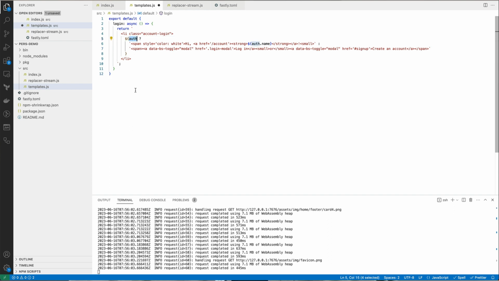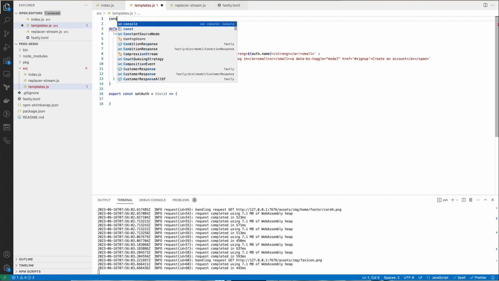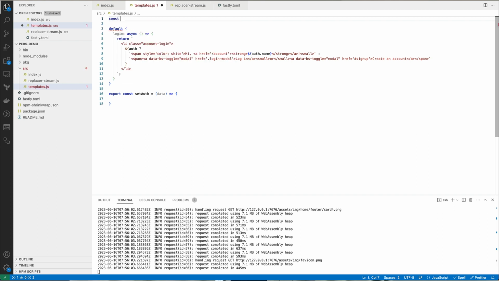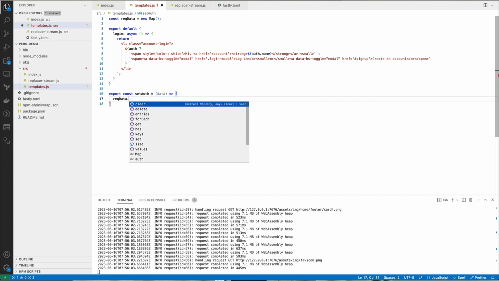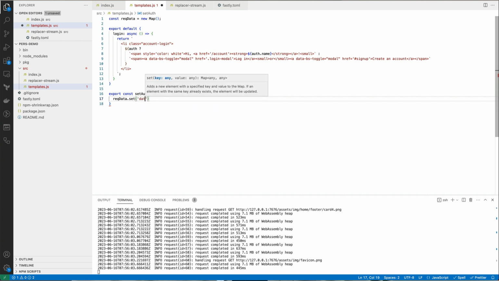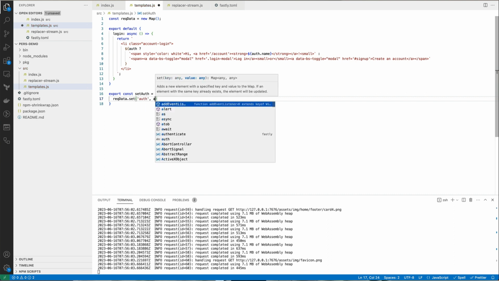Okay, so how do we get access to this authentication data? I'm going to export another function called setAuth, which will take some data, and I'm also going to define up here a map, which I can store that data in. I've lost the export function. Right here. Okay, so then in here I can populate that map with the data that I've passed into this